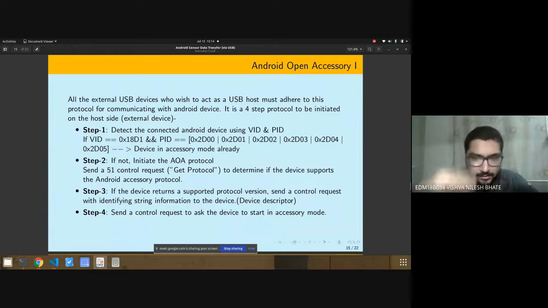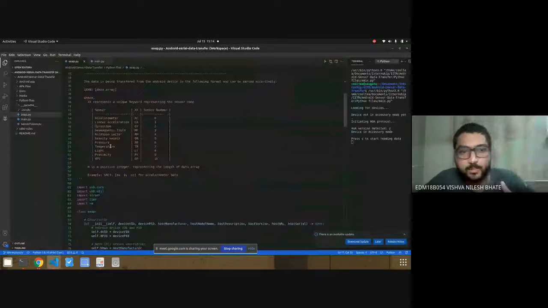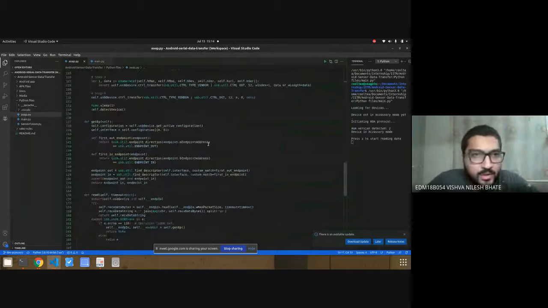And once you do that, you send a control request again after that, saying that okay, now let's start accessory mode. So these are the 3 steps, and this is the simple thing which I've written over here. I've created a separate class for this whole protocol, and it does the whole job. I'll just show it to you. So right now,